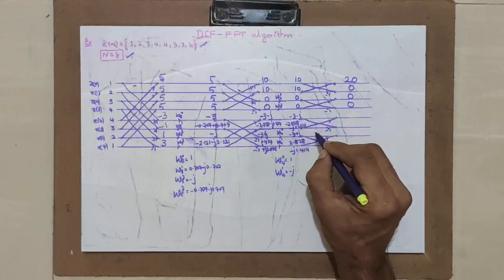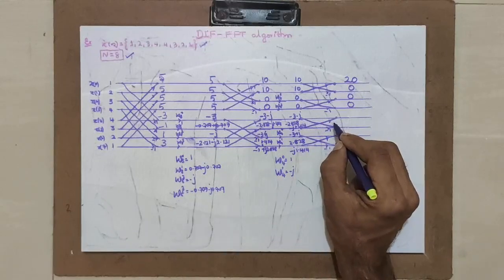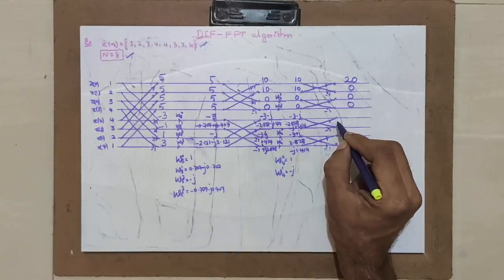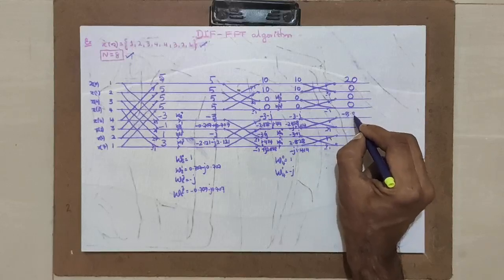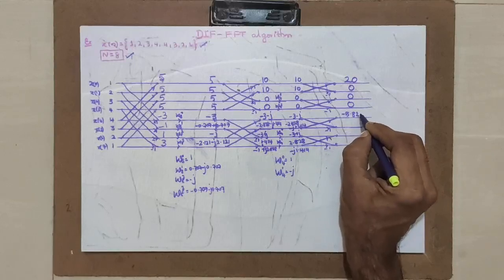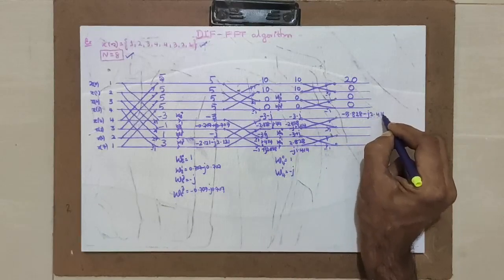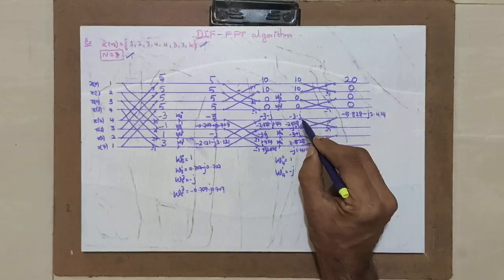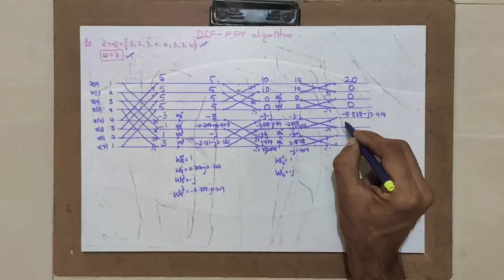Minus 3 minus j plus minus 2.828 minus j 1.414, giving you minus 5.828 and minus j 2.414. And next, minus 3 minus j minus of this, hence gives you minus